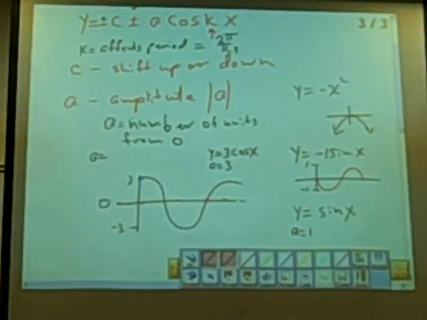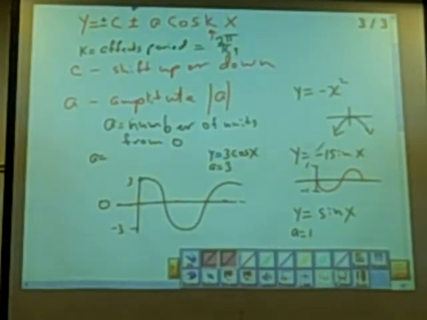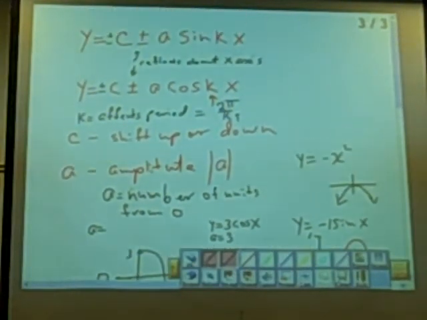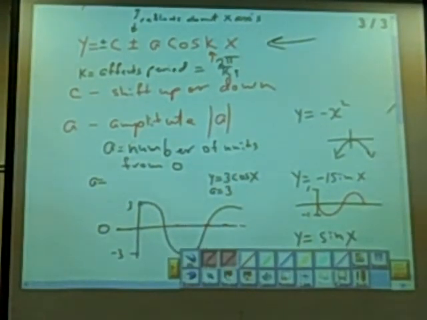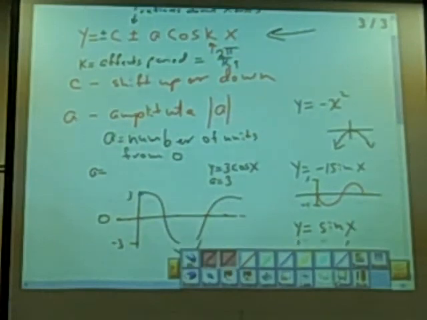All right. Okay. So we need these two models here to help us out with our graphing. Alright, so let's take a look at some problems. Let's say that we have